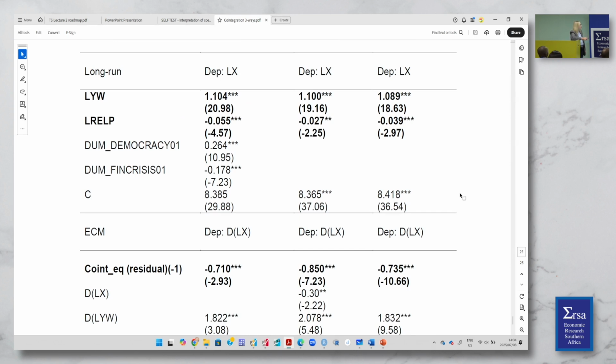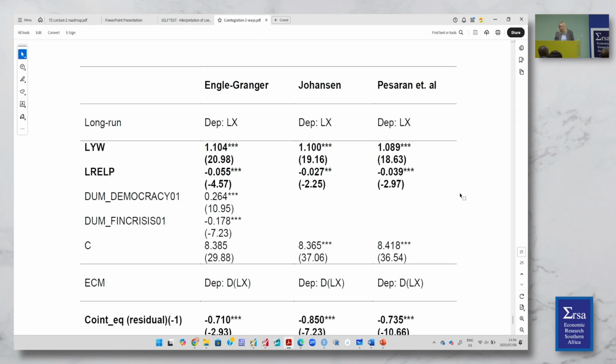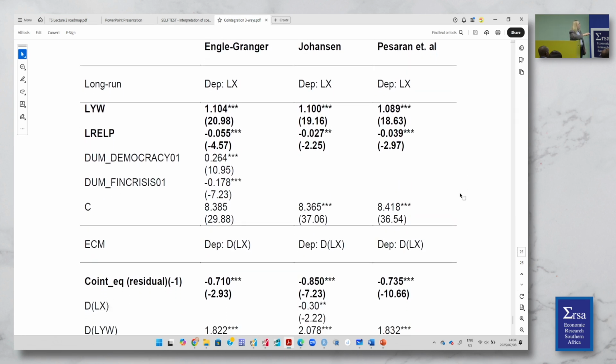The income elasticity, where the first column is Engle-Granger, the multivariate Johansen approach, and the Pesaran et al., the ARDL and bounds testing